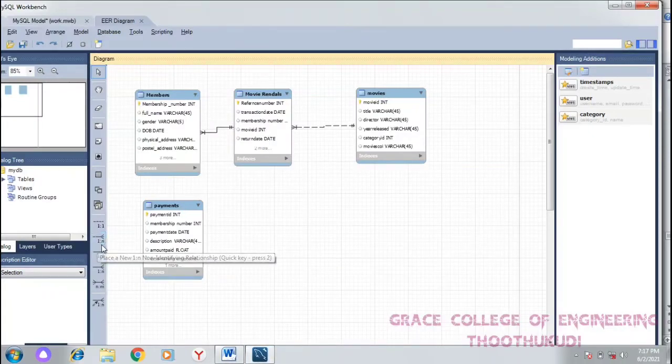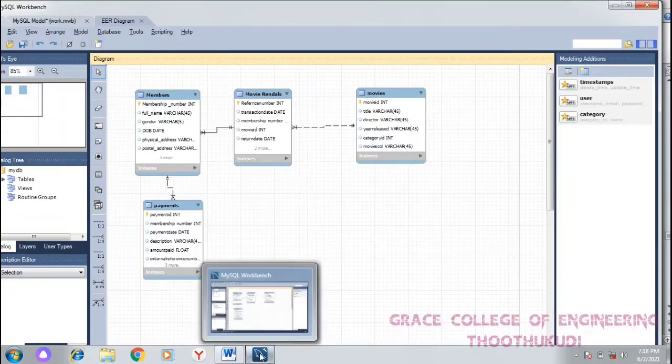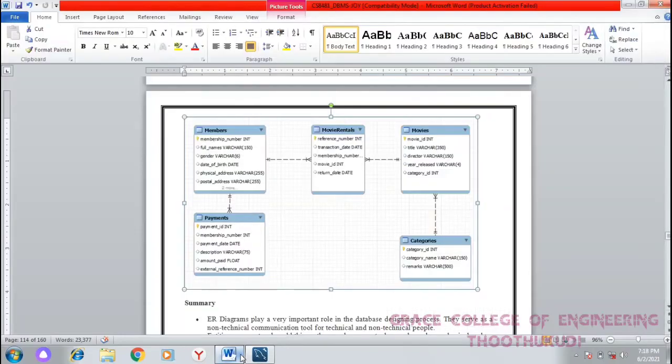So click the relation 1 is to n. After that click the payment table, and in the payment table click the payment ID column. Then in the member table click the membership number, so it is related automatically. The connection line is provided automatically.